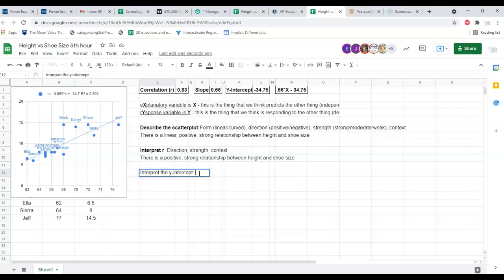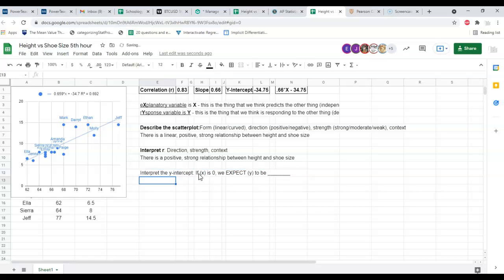So what's the deal with the y-intercept? You have a point on the y-intercept. That's always got to be 0, comma something, right? So the y-intercept is saying if x is 0, we would expect that y comes out to this. If x equals 0, and we put that in the context for x, if x is 0, we expect y to be,